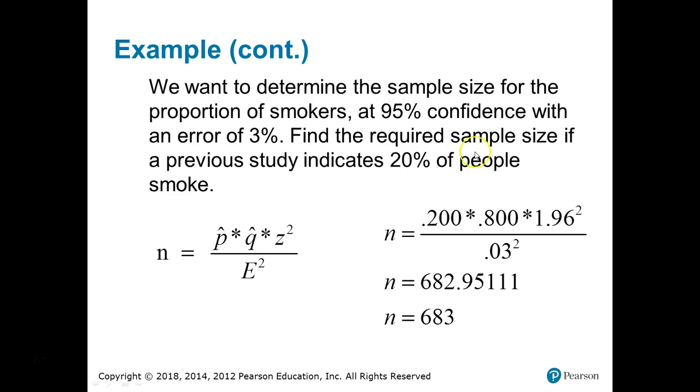Okay, so here's your problem. Here's your formula. We have 0.2 as the value right here for the sample proportion. Q hat would be the 80%. The Z would be the 1.96 because of the 95% confidence critical value, divided by the margin of error, which is 0.03, squared, and you would have to get this value. Obviously, you have to round up since you can't interview 0.95 of a person, so you would have to